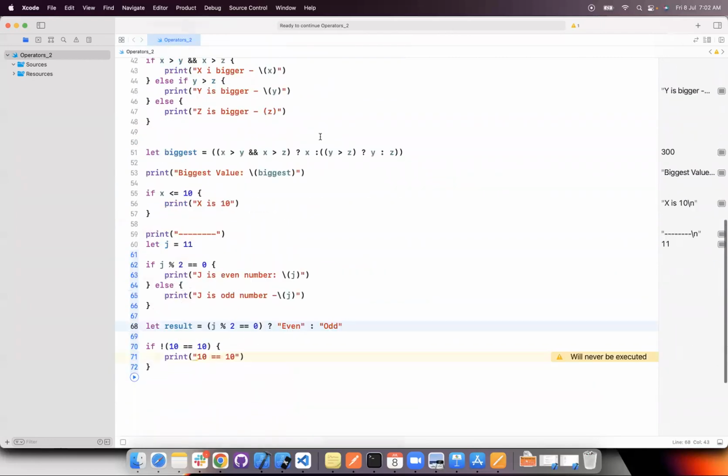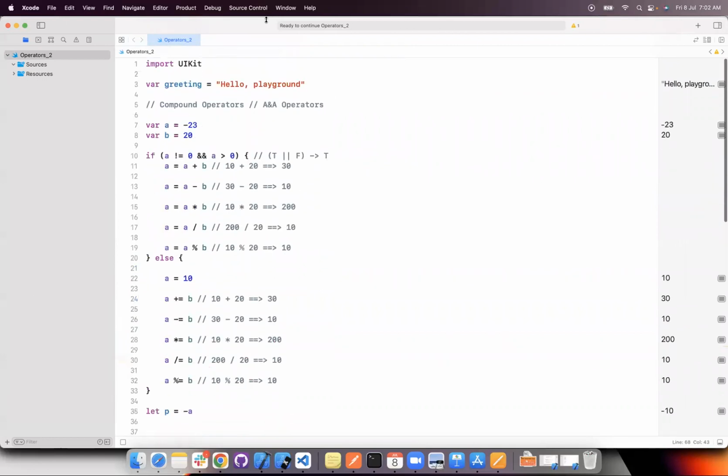Any doubts here? No. Perfect. Sridhar, any doubts? Sir,